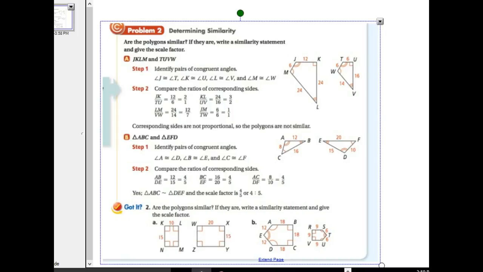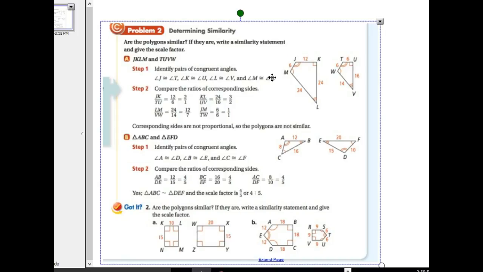As you can see marked with the tick marks, or the little angle marks there, angle J is congruent to angle T, K is congruent to angle U, L is congruent to angle V, and angle M is congruent to angle W. And all you have to do is match the corresponding tick marks. Then in step 2, we're going to compare the ratios of the corresponding parts. When we start to do that,